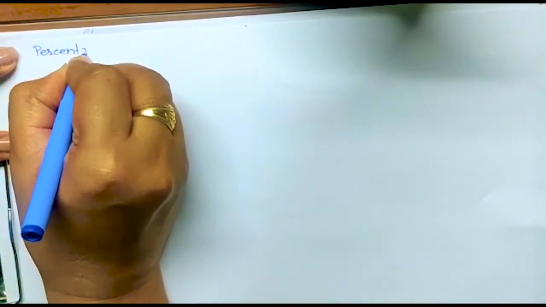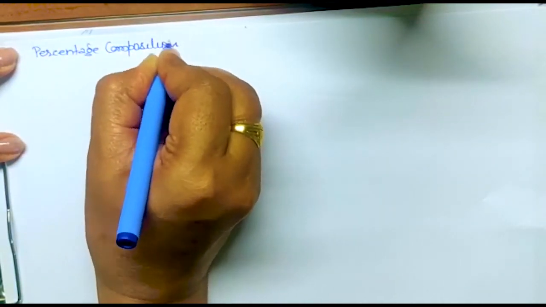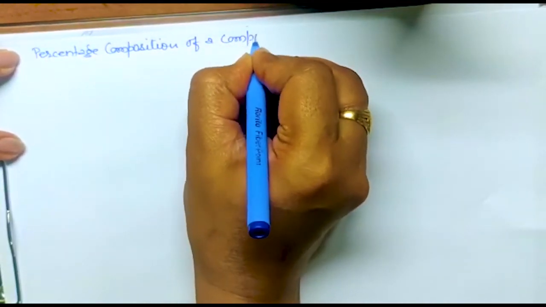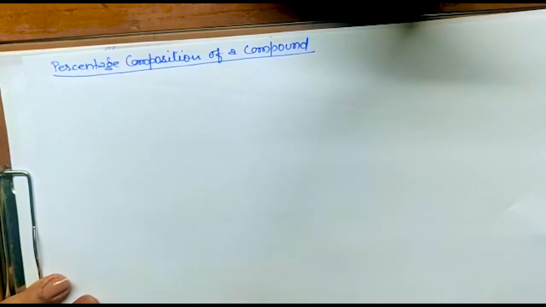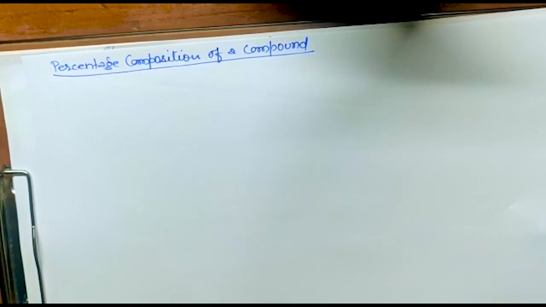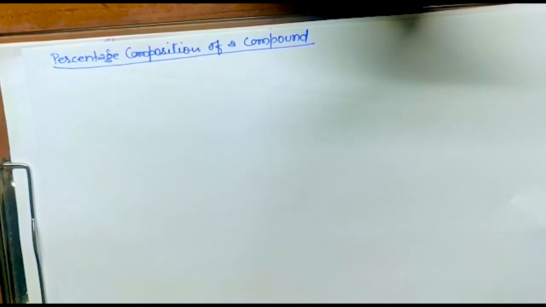So the next heading is percentage composition of a compound. What does it mean? Can you think of it? Of a compound. You know how to write a compound formula, right? Chemical formula, you have done in class 9th, like aluminium nitrate. What will be the formula? Aluminium has +3, nitrate has -1. So cross multiplication, and it will come Al(NO3)3, isn't it? Similarly, calcium sulfate. Calcium is +2, sulfate is also -2. If we cross multiply, the 2 will be cancelled, and the formula will be CaSO4, isn't it?